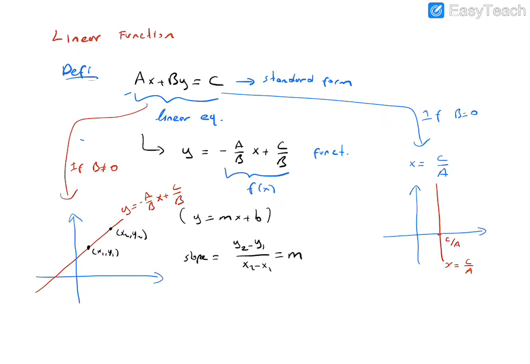And the y-intercept is this point, c over b. Easily you can verify: if you put 0 instead of x, y equals c over b. So you can find the intercept this way. According to the slope of the line, we can interpret the geometry of the line easily. So if the slope is positive, the line will be like this one. Okay, so here the slope is positive.